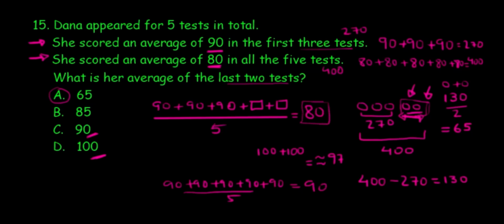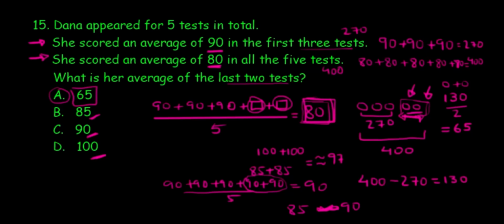No, the average we have is an 80. How about if these 2 numbers were replaced by 85, like they're saying in option B? 85 and 85. Wouldn't the average be somewhere in between 85 and 90? Actually, what they're saying is that the average has gone all the way down to 80. That means the other 2 numbers have to be below 80, and 65 is the only option where you've got something below 80. So that's how you can solve this in a quicker way.